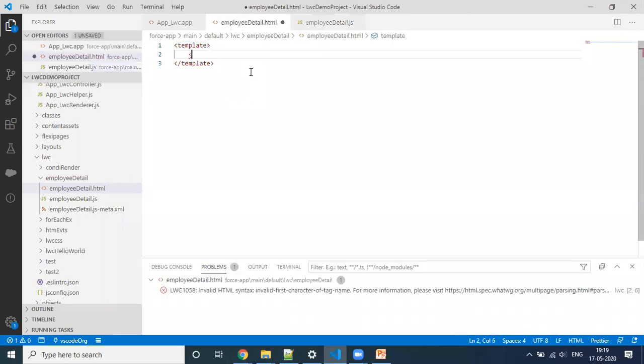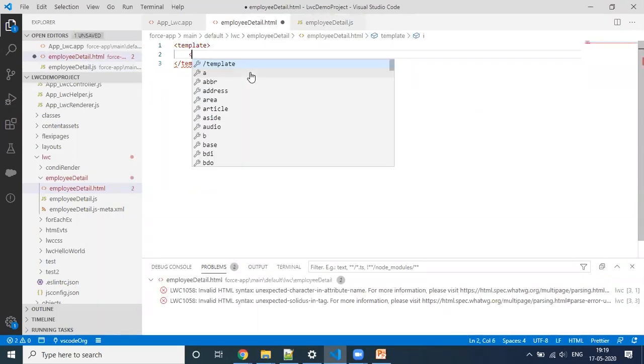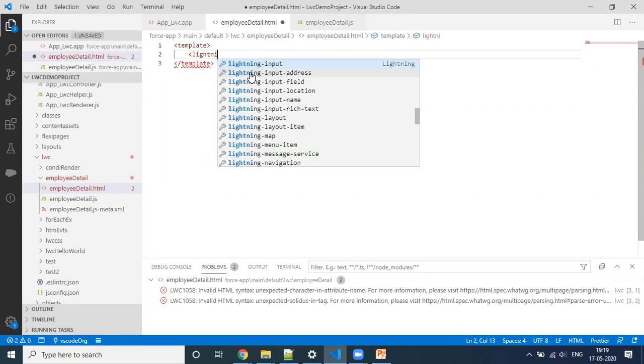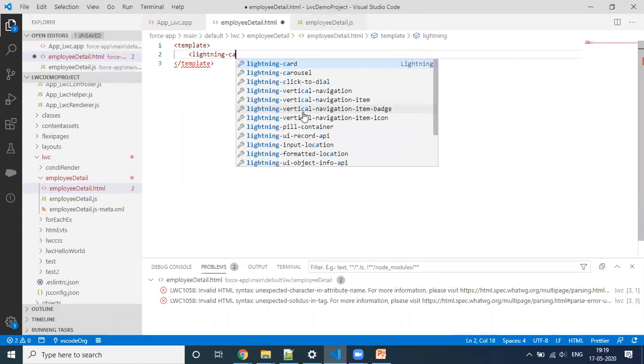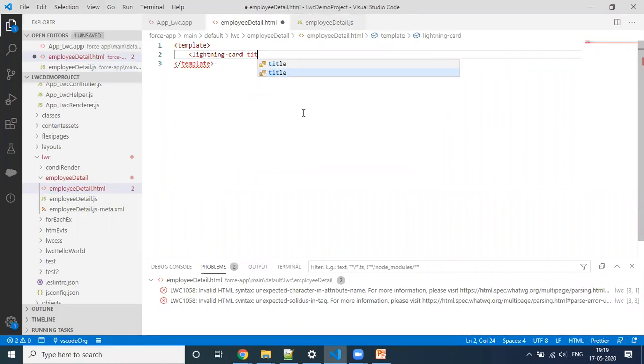So before that, let me create a template. It will give you a good look and feel. And we have learned lightning card in our previous sessions. So for the title, I'm just giving employee details. Okay, and let's define some class as well.